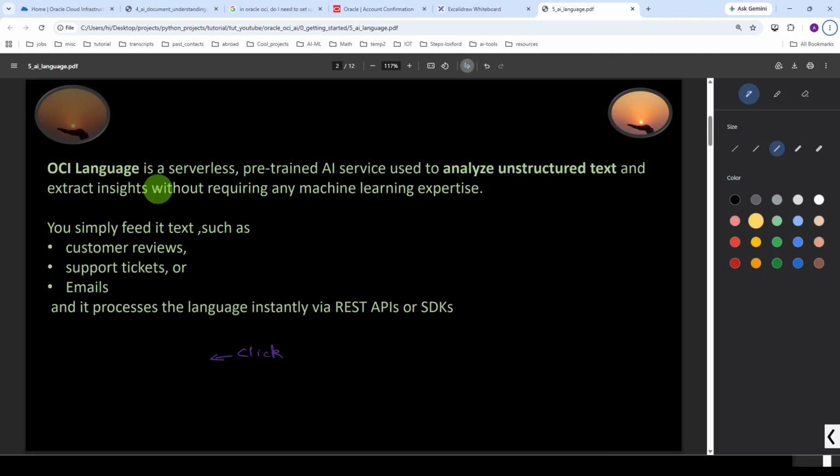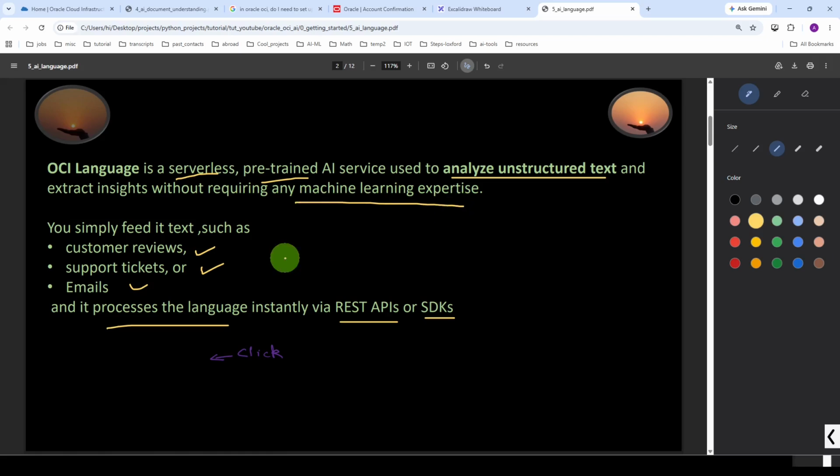So now we are going to be looking at another AI service, that would be the language service. The OCI Language uses a serverless system. It uses pre-trained models that you can use to analyze unstructured text, for example your customer reviews, your support tickets, your emails. It processes the language through your REST API or through your SDKs. And in this particular instance, it does not require any specialized knowledge. You don't have to have machine learning expertise in order to extract useful insight